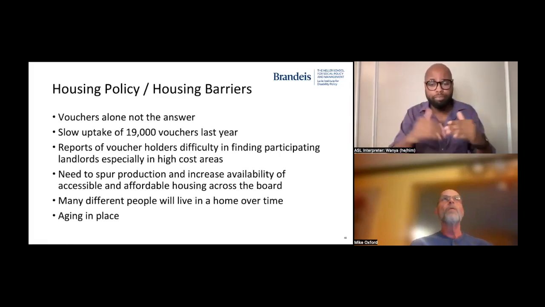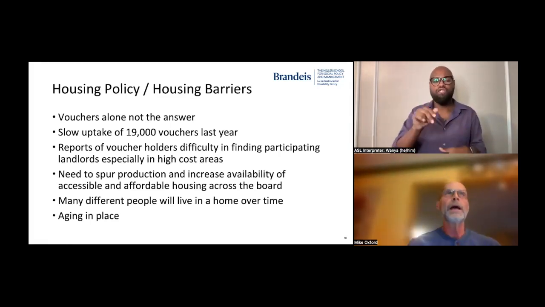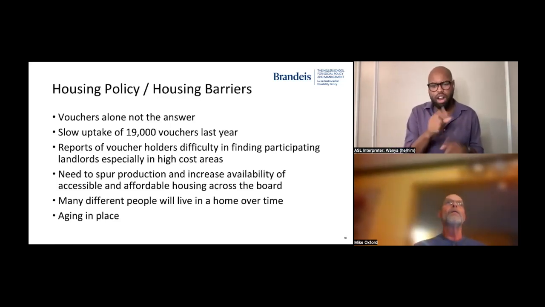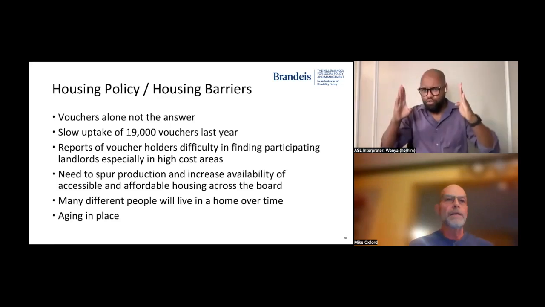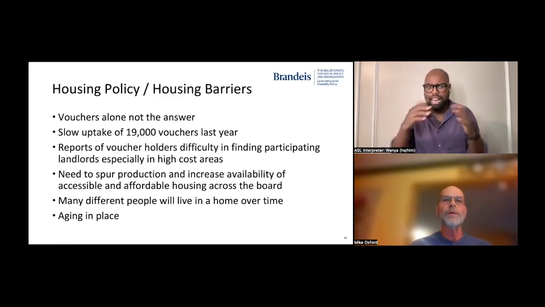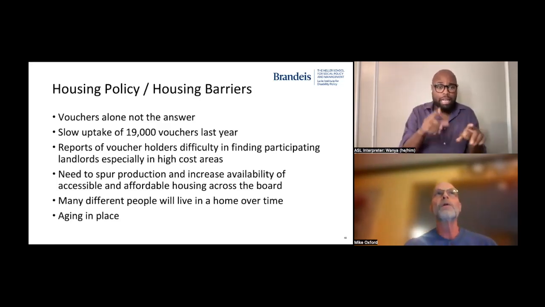So we've moved to vouchers under the Reagan years. And these alone are not the answer. I think we know now that they're not going to be the answer. I put it real simply, a voucher is not the same thing as a roof over your head. And again, this has been mentioned by prior speakers. So vouchers were good for what they did, but the notion overall of